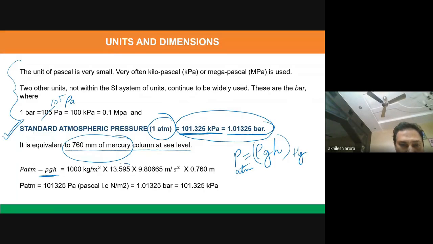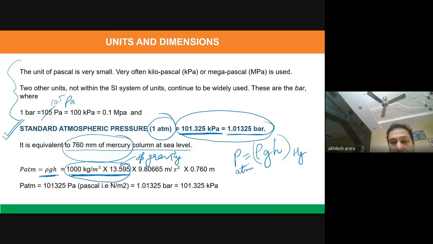Rho for mercury is 1000 kg per meter cube into 13.595. This 13.595 is the specific gravity of mercury. You might have heard that the specific gravity of mercury is 13.6. Yes, that is the rounded off value. Here we are taking 13.595, which is the exact value, and multiplying this specific gravity by the density of water, which is 1000 kg per meter cube,